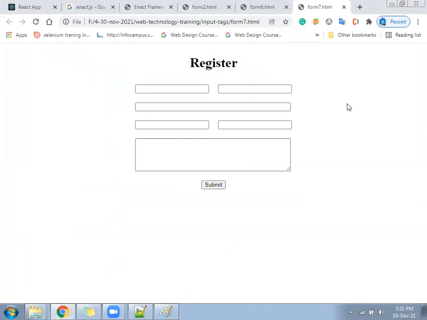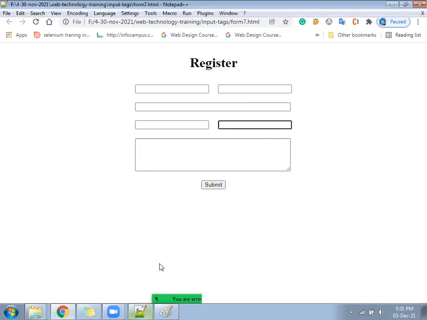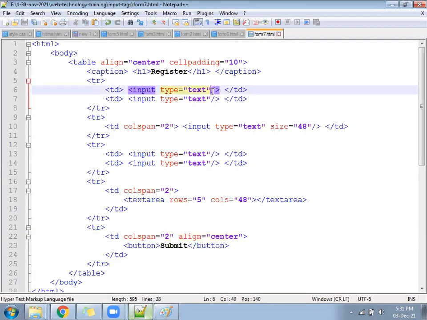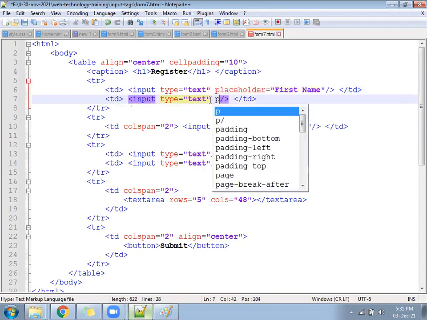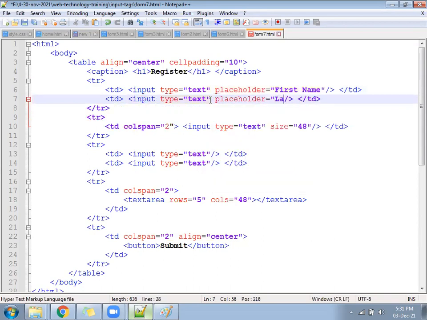Now if you give this form to the user, this form will appear in front of you. You will enter your email here, you will enter your password here. Label we have not given, so instead of giving the label, we are going to apply the placeholder. Placeholder equal to name or maybe first name. Second placeholder for the second text box: last name. Third one is email.